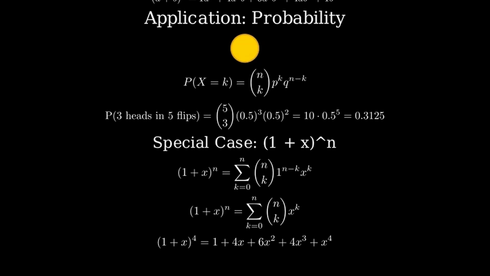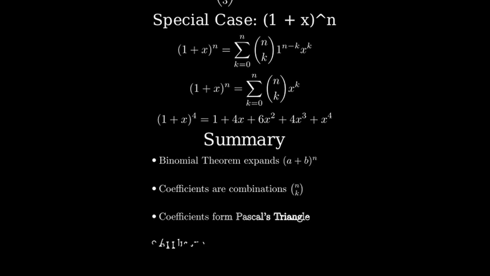Let's summarize what we've learned about the binomial theorem. The binomial theorem provides a formula for expanding binomials raised to a power n. The coefficients in the expansion are given by combinations, specifically n choose k. These coefficients form Pascal's triangle. The binomial theorem has many applications,